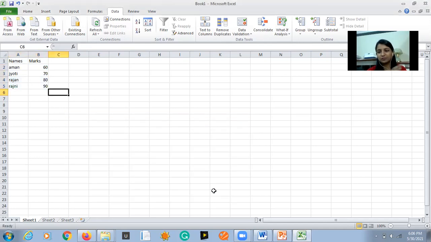Yes, what are you observing in the output? You can see that first of all, alphabets are in ascending order. It is starting from A. Then what comes next from all of these, that is J. Jyoti is written in the second place, and after the J it comes R. So they are sorted by alphabetical order.